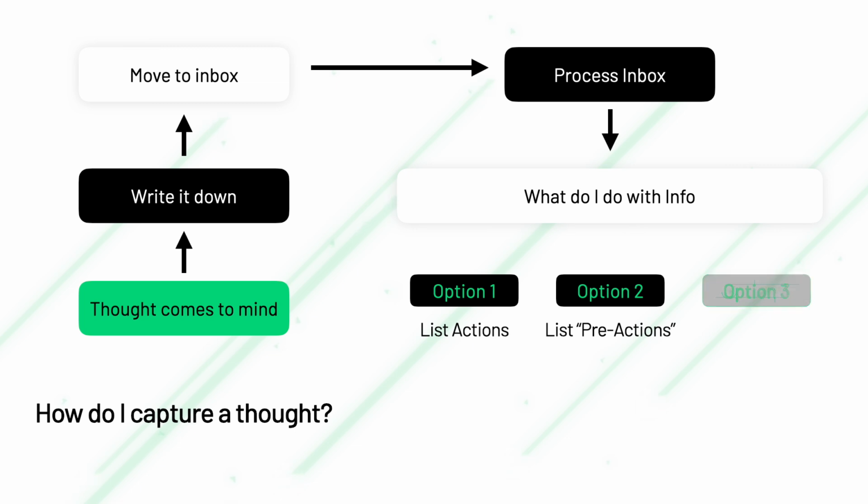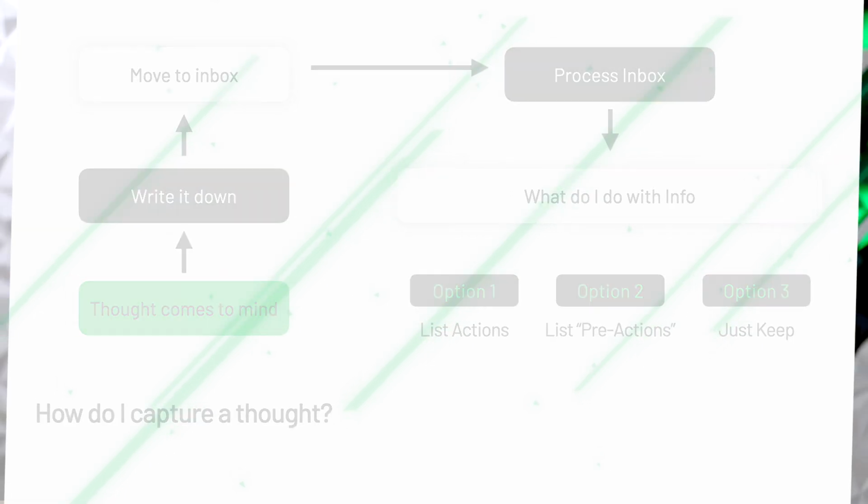Option number 3, it's not clear to me what needs to be done at all. When this happens, I just leave the thought in my system in case I need it in the future. Did you recognize what wasn't part of the rules I've just mentioned? An app. I didn't think about apps at all. I just thought about the process from the beginning when a thought came to mind to the end where I've defined all my options. There are no cracks. There are no options missing. It's all well defined and covered.